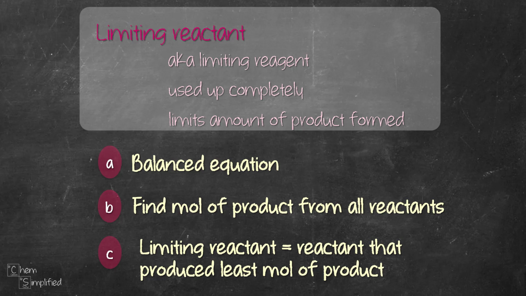Now, important note that I want to point out is that in step B, we must convert from the given information for the reactant to the mole of the product. If you only calculate the mole of the reactant, that means you only do the first step, you may get the wrong answer, depending on the question. So keep in mind that you always convert from whatever information that you're given on the reactant all the way to the mole of the product. And with that, we're done finding the limiting reactant using an example.